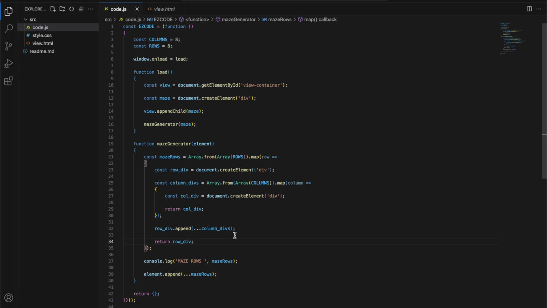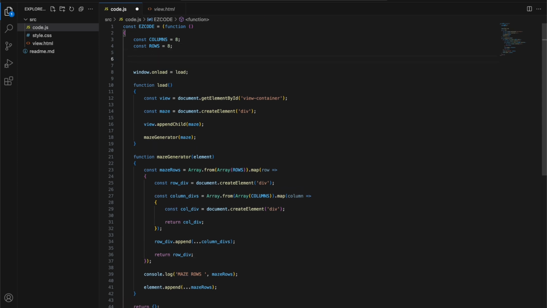And let's think about this for a minute. How are we going to go about this? Because we have the ability now to make a dynamic maze. And what if we had the ability to make dynamic cell width and height? So let's go ahead and create 2 constants again at the top of our EZCODE module. So we're just going to go up here right below rows, and we'll just give a little space between the 2